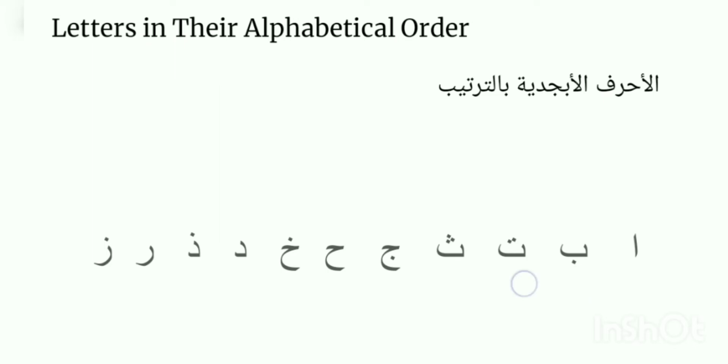For the second, third, and fourth letters, they have the same pronunciation. We're gonna start with the sound, continue with a, and end with I. So, ba. It's like the B sound, with a, ba, and we end it. Third letter, ta. Starting with t, continuing with a, and ending with I. So, ta. Tha. It's like th, tha.